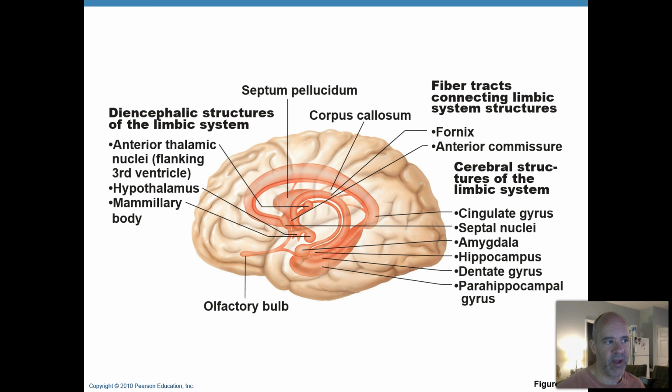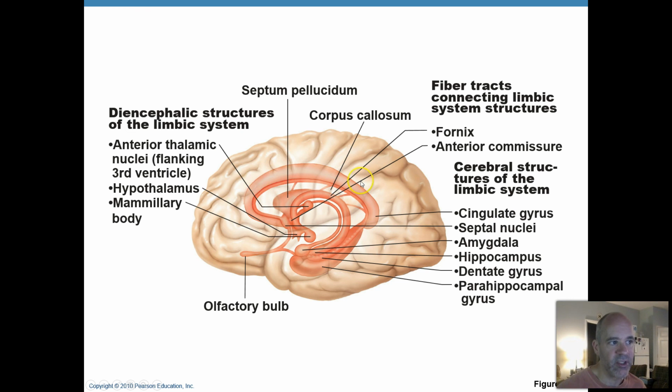This is a diagram from your textbook, and they're highlighting in red some of the structures that I just talked about. No, you don't have to learn the names and locations of all of these different things on the diagram. Just review the information that I covered within this lecture. We're just trying to have a little overview of what's going on in these different parts of the brain. These are all deeper structures within the brain, and these circular features like the cingulate gyrus